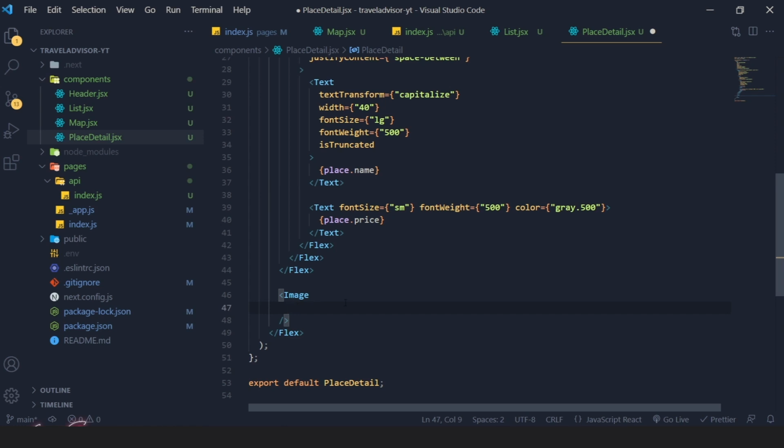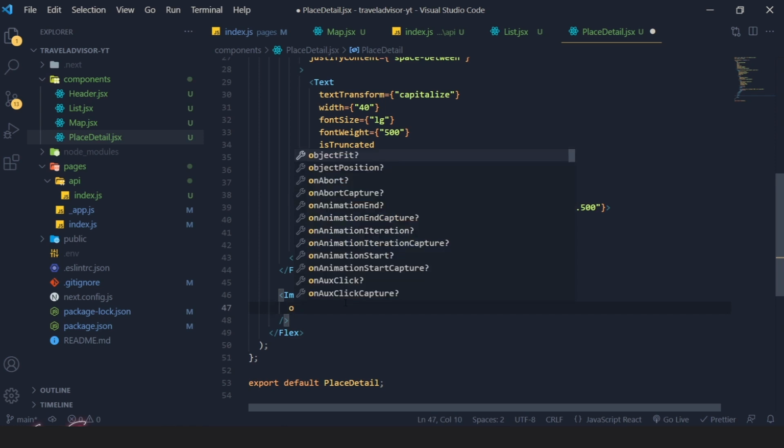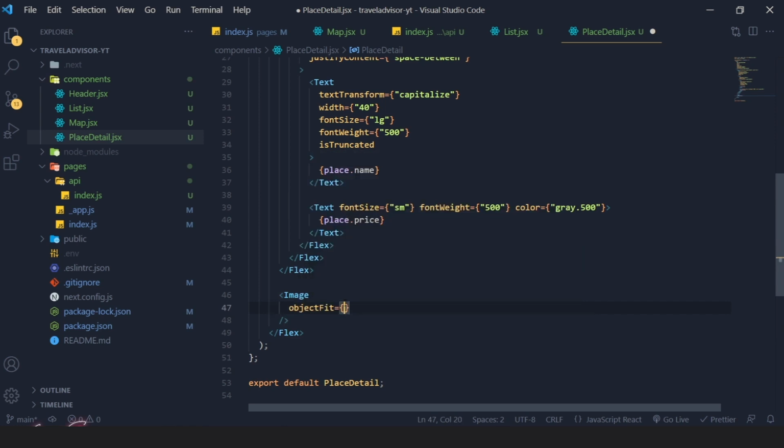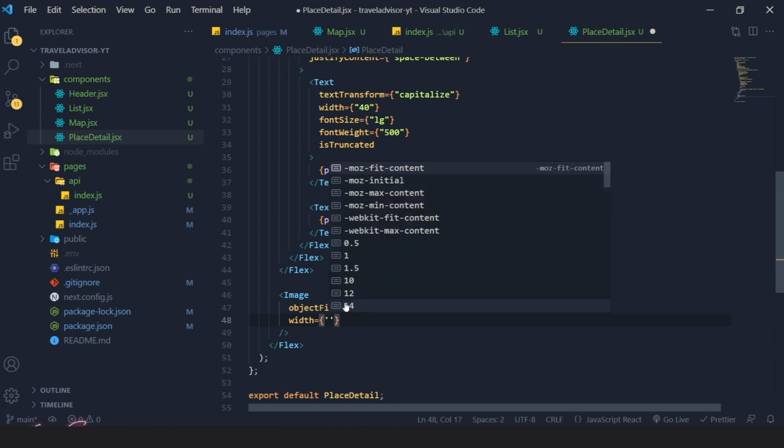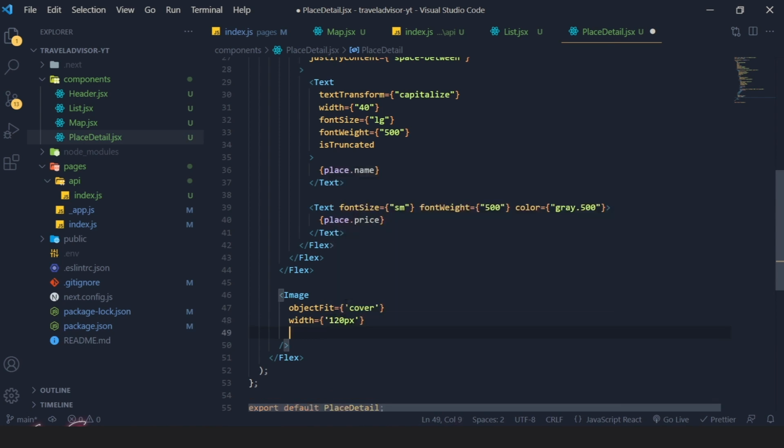Go here, inside the image I'm just going to say object fit is going to be cover, and width I'm just fixing the width as 120 pixels only, and height I'm just going to say same 120 pixels, and rounded I'm going to say LG, and the source is going to be, open it,